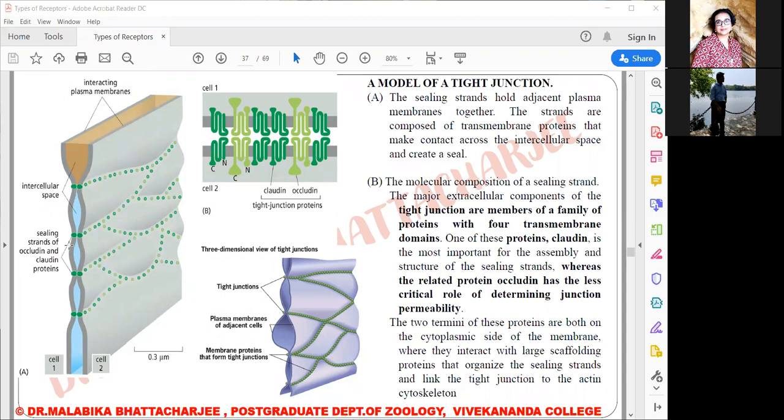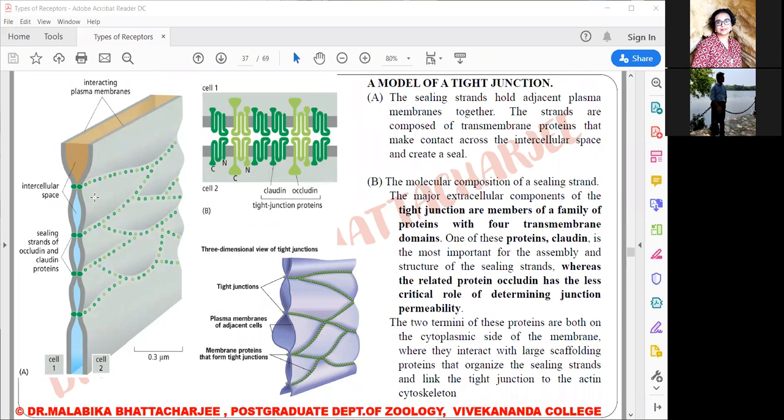They form almost watertight junctions. As I said, everything is occluded, there's no gap. They form watertight junctions in skin, and they help in the formation of the blood-brain barrier in the brain. I think most of you are aware that the brain is separated from the rest of the body by a covering known as the blood-brain barrier. I'm not getting into the details of the blood-brain barrier; we'll be studying it later in the higher classes. Now, in pancreatic acinar tissue, it has been seen that the tight junctions prevent the leakage of pancreatic secretory proteins into the blood.